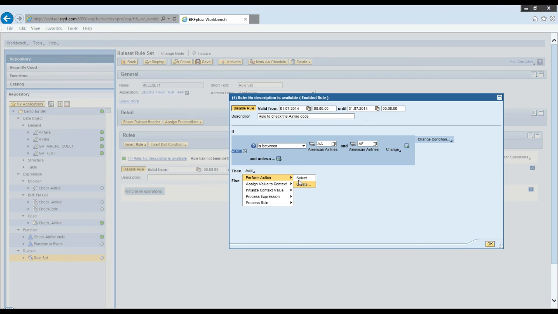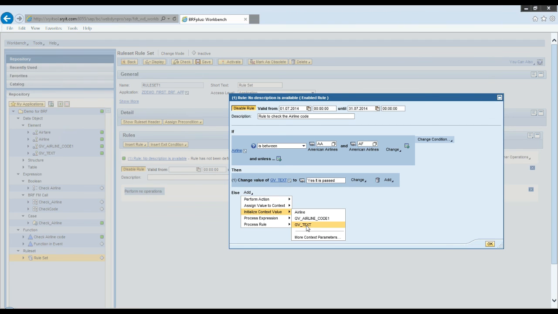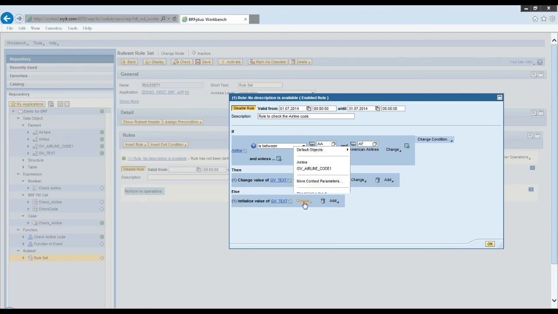What I will do is assign a value to the context. So rather than creating an action, we can assign the value. GV text should be assigned yes, it passed. Else, I will assign the same variable with direct value input, no, it is failed.